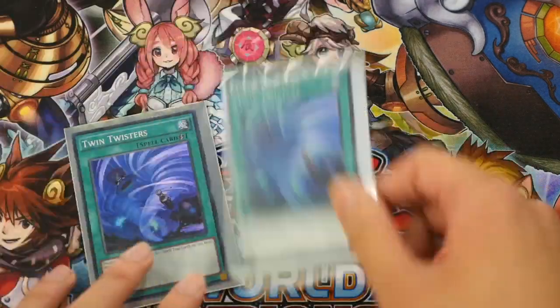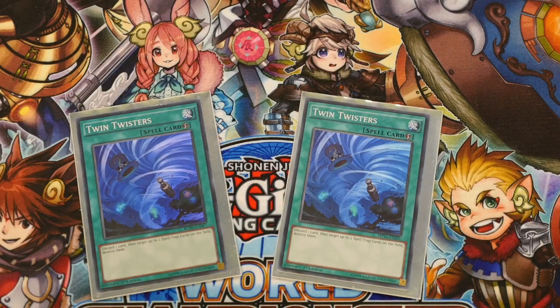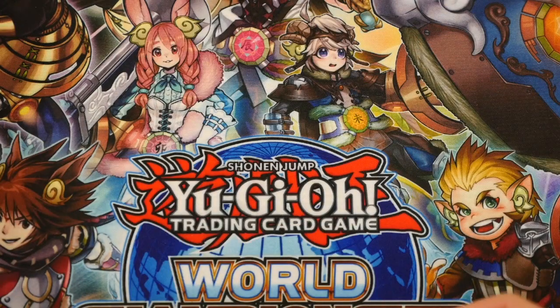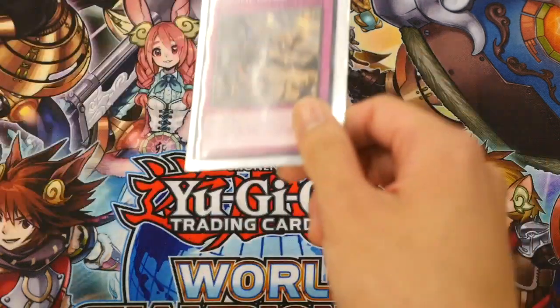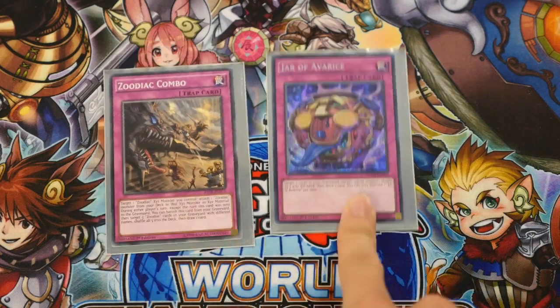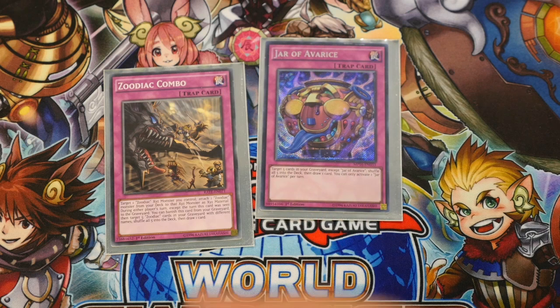Round up the spells, I have 2 Twin Twisters just to destroy back row, and yeah, that's pretty much it. So you just won't be interrupted as much, hopefully. I do run the 1 combo and Jar of Avarice. Now, Jar of Avarice is definitely in here for the fact that, if something goes wrong and